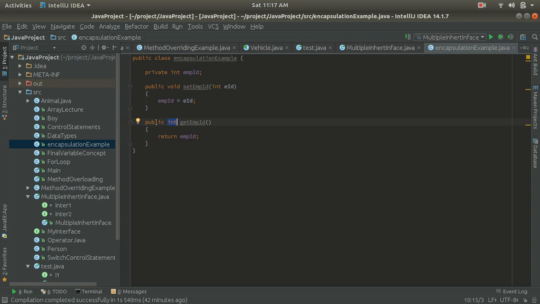To fetch the value from outside the class, you have to call the getter method of this class. And inside this class we are just returning the variable emp id. So with the help of this method, we are going to view, or fetch, the variable value emp id. So till here we have done it. The first step was to make the employee id variable private, and the second step was to create a getter and the setter method.